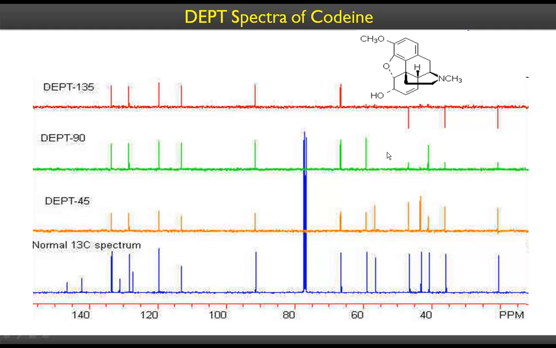Okay, there are 1, 2, 3, 4, 5, 6, 7, 8 CHs. So we have to count that. 1, 2, 3, 4, 5, 6, 7, right? And one more, this one, the chiral center, 8. So you got to number them. You cannot just arbitrarily count them. So there are 8